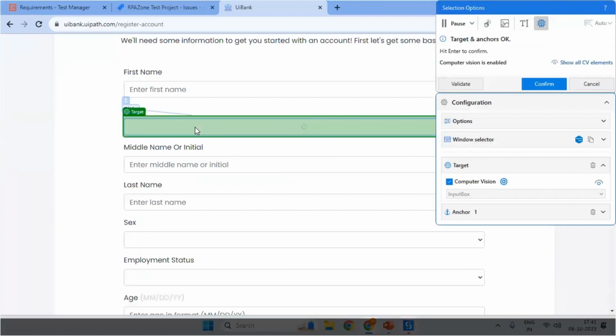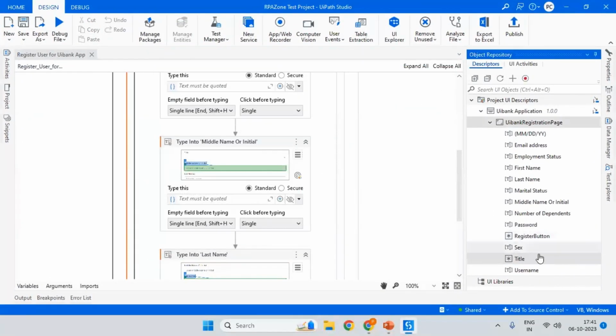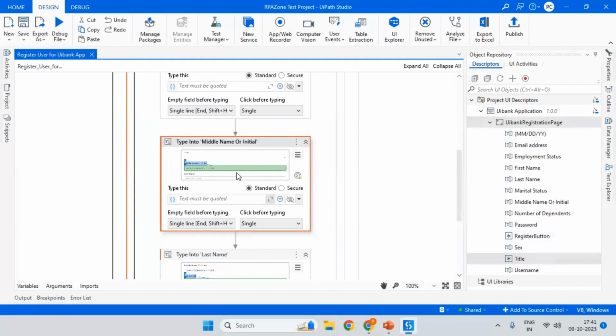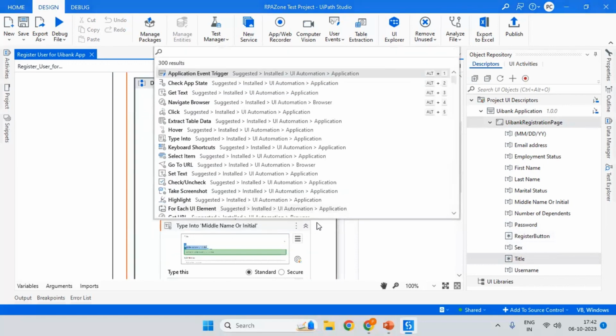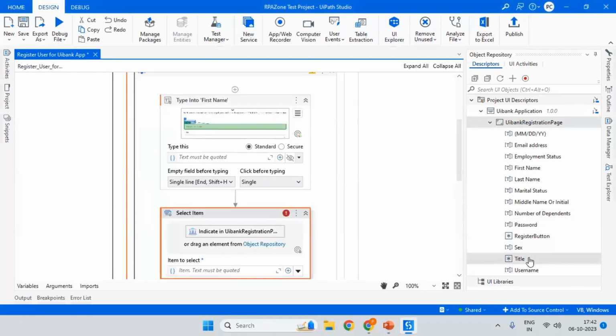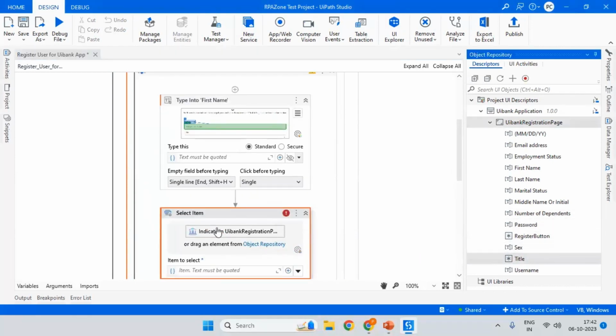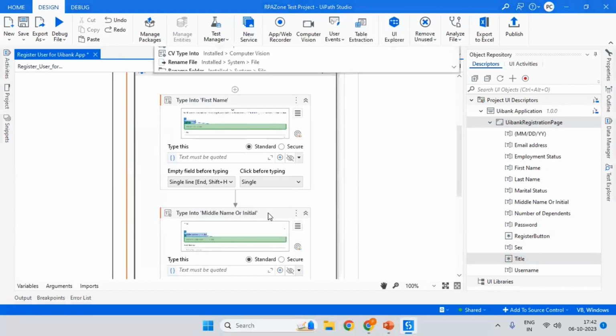Let it automatically get taken into. Let type into